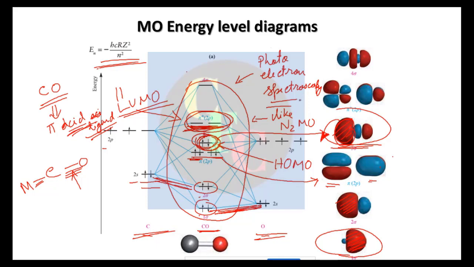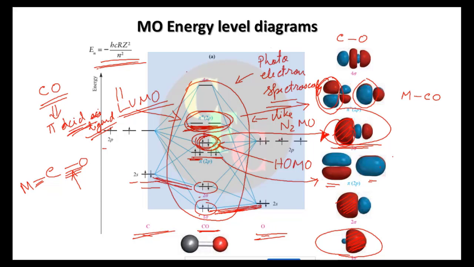Now see, these pi orbitals are also centered on carbon. The bigger lobes are on carbon, right? So the axis is like this. The donation is from the carbon side, the acceptance is from the carbon side. Due to this reason, the explanation is given by molecular orbital theory that whenever carbon monoxide bonds with a metal, it bonds through the carbon side rather than the oxygen side, though oxygen is more electronegative than carbon.